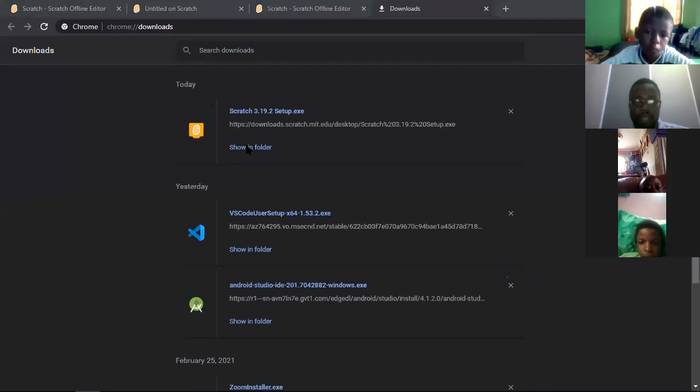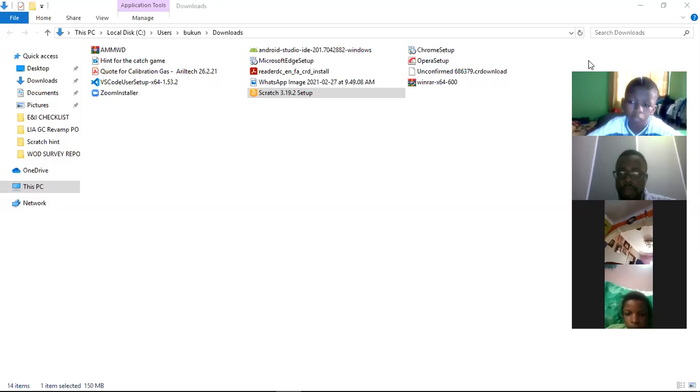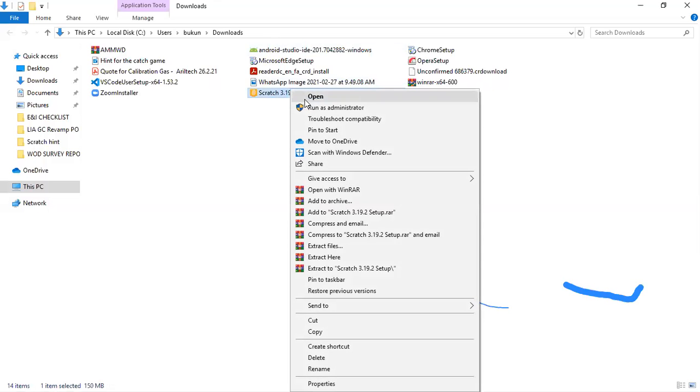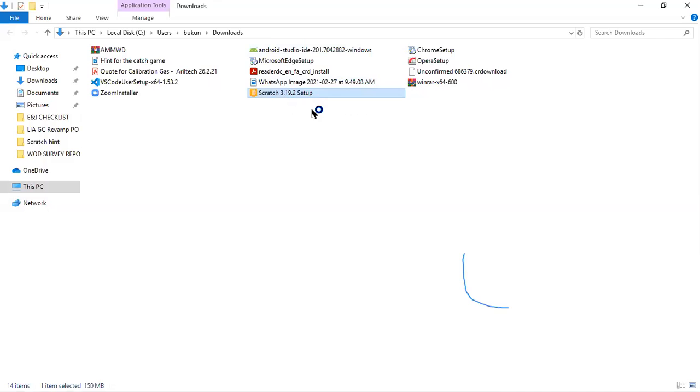Okay, yeah, I need to share my entire screen so you can see. Okay, so we can see it now on my system. I will just right click on it and run as administrator. When I run as an administrator, what happens? It's going to ask me if I want it to make changes, so I just click on yes, accept.